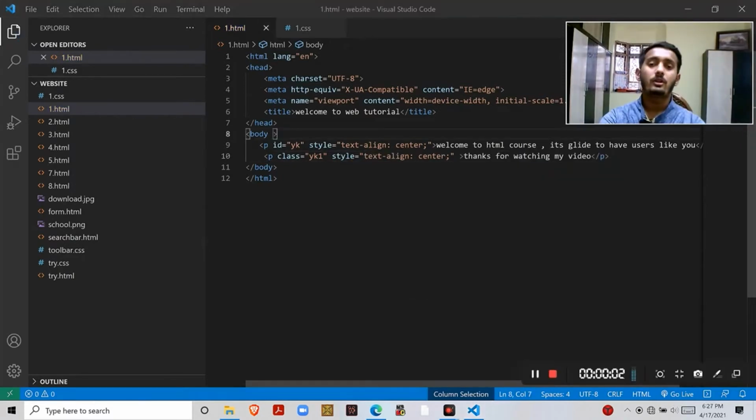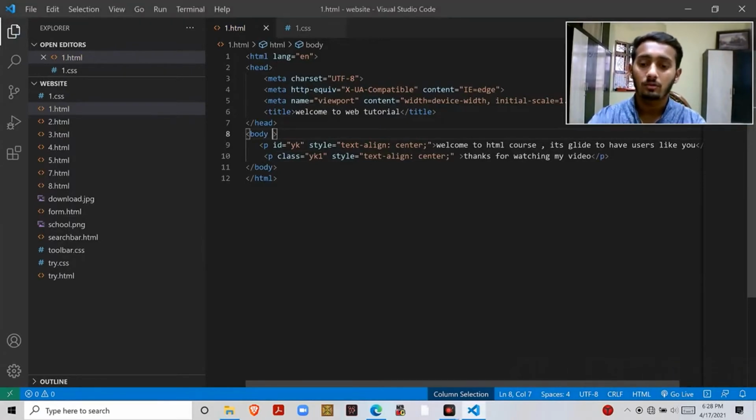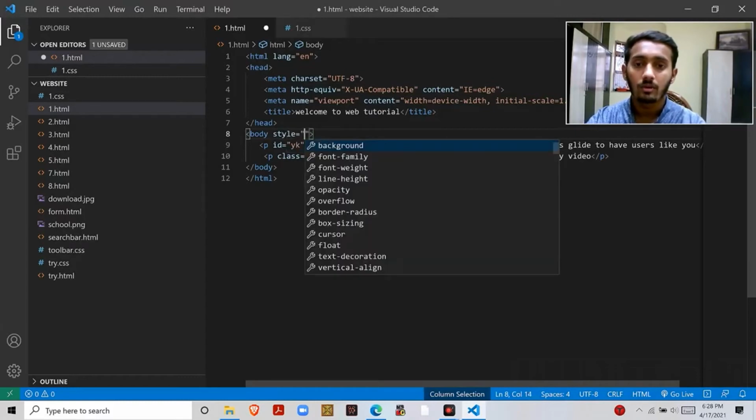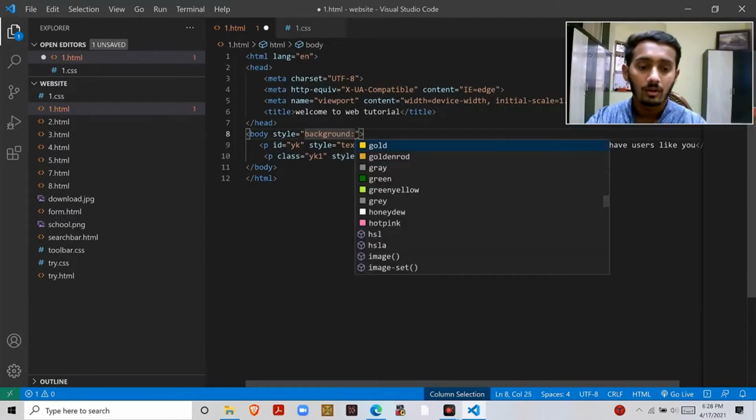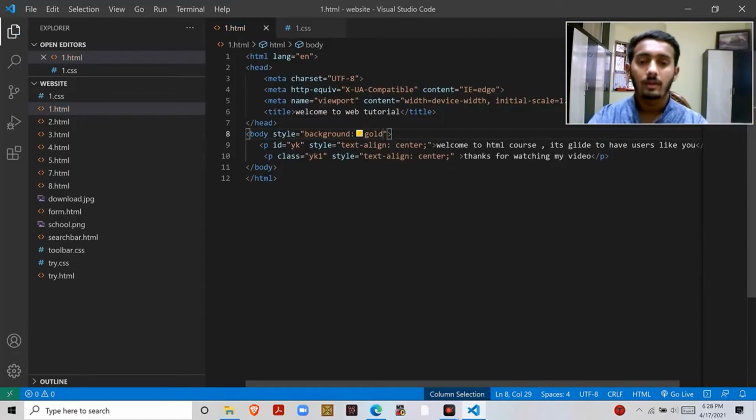Now as we want our full background color to change, I am going to take the style attribute in the body and take the background as gold. Now we will see.